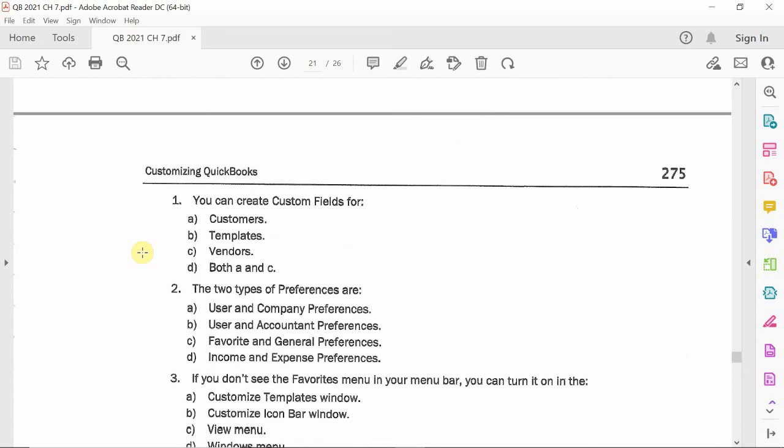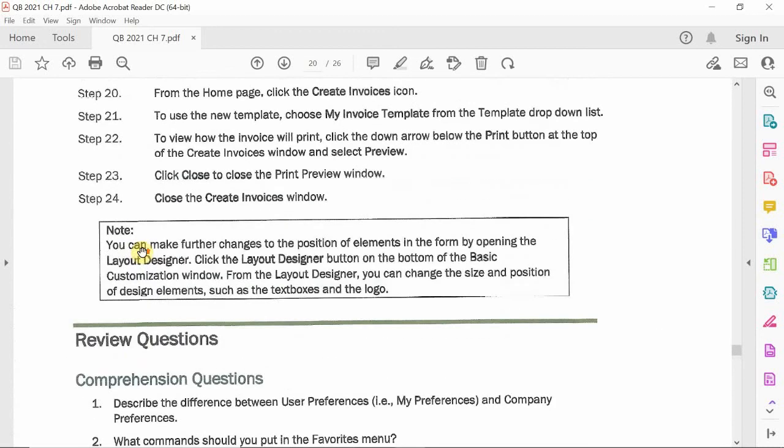So you had to do your reading for this one. C, C as in cat, is vendors. Yes, you can do it for vendors. Can you do it for customers? Yes, you can. So if you looked at that window, the very last section here, you're going to notice